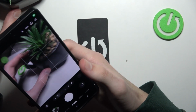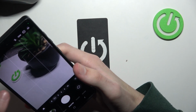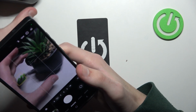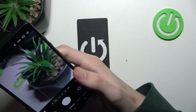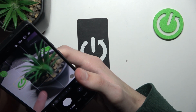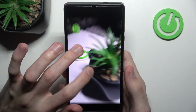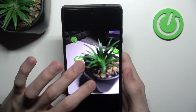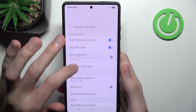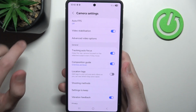But what's cool about the ability to toggle it on and off is that we can click our logo here, and as you can see, a little yellow square appears, and now even if the plant basically covers the whole screen, it will focus on the chip instead, because we have clicked the chip. So having this toggled on, if you haven't seen, I have toggled automatic tracking autofocus, and having that toggled on